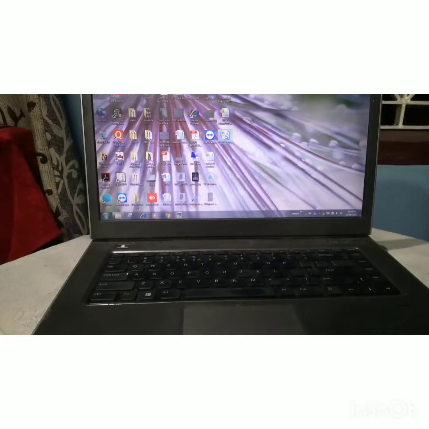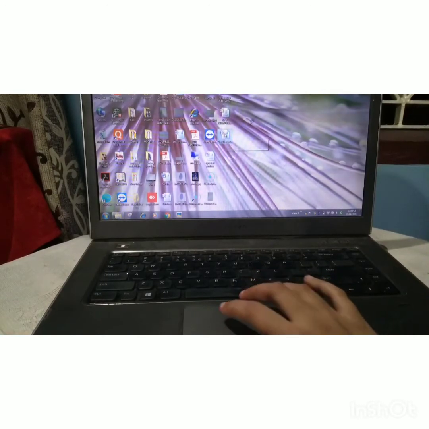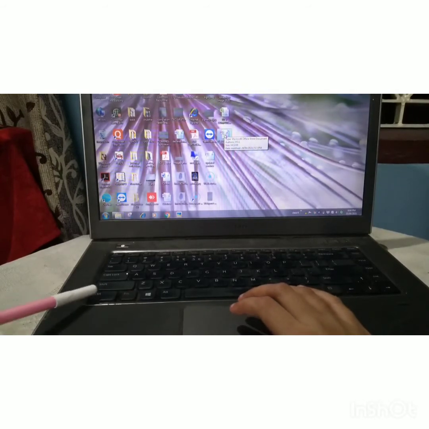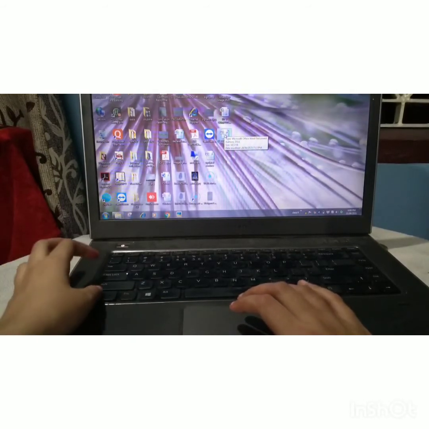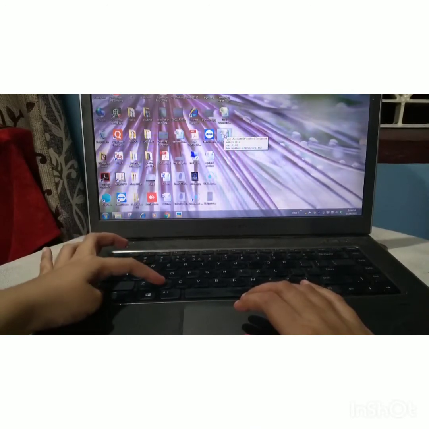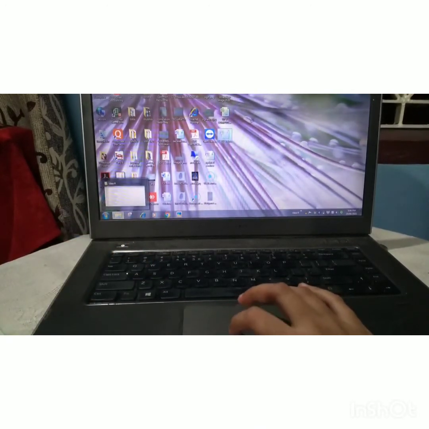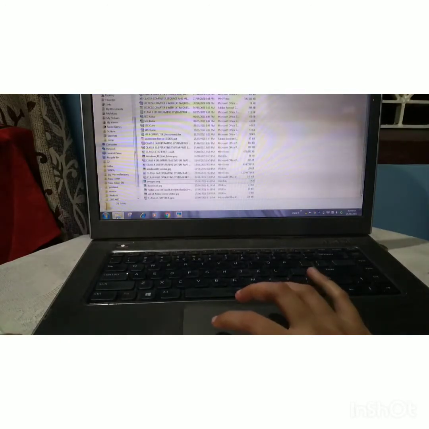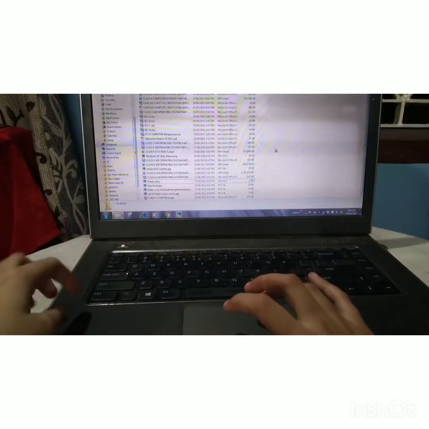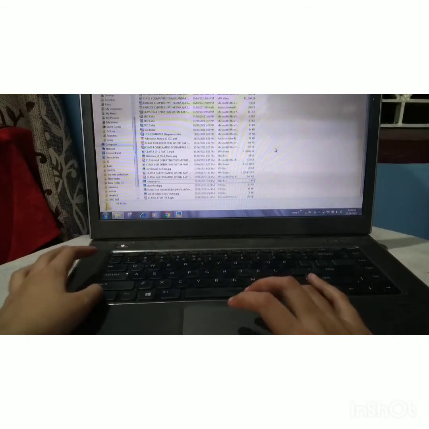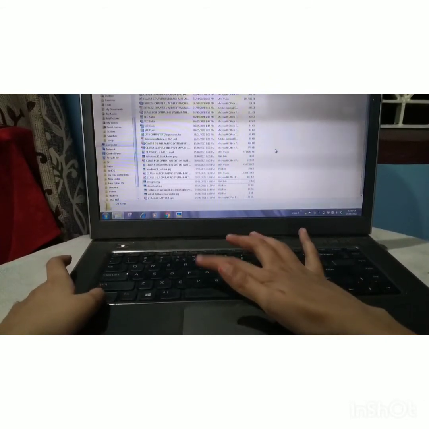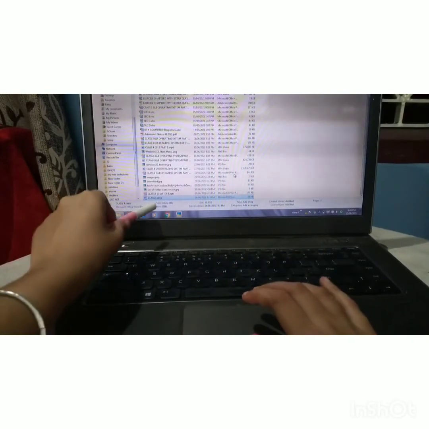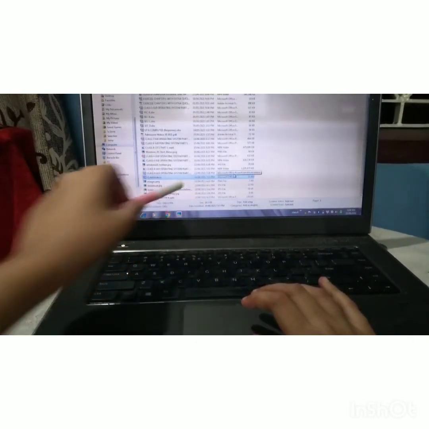The second method to cut any file or folder is through shortcut keys. First of all, just place your cursor over the file or folder which you want to move, then press Ctrl plus X. To cut you need to press these keys together, Ctrl plus X, then move your cursor to your desired location, and to paste you need to press the Ctrl plus V buttons together, this way. See, the class 4 document has been moved.